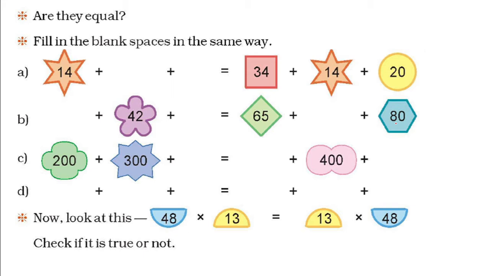Yes, they were equal. So fill in the blank spaces in the same way. Okay, you can see 34 is added to 14 and added to 20. It remains the same when we change the order. So 14 is taken first, then we can take square box 34, then circle 20. The sum remains the same in both cases. Here you can see 42 is in the middle, so we can put 42 in between. Now if we change the sequence, this hexagon is here,